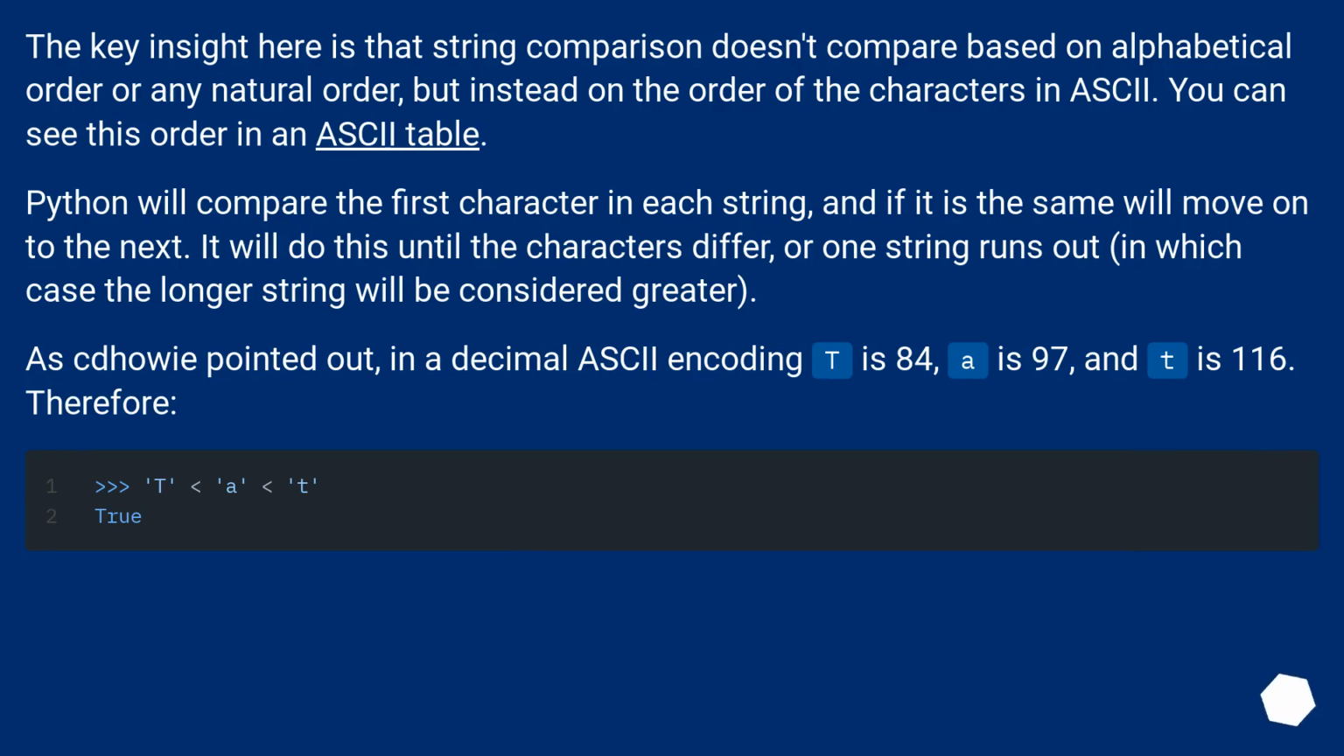The key insight here is that string comparison doesn't compare based on alphabetical order or any natural order, but instead on the order of the characters in ASCII. You can see this order in an ASCII table. Python will compare the first character in each string, and if it is the same will move on to the next. It will do this until the characters differ, or one string runs out, in which case the longer string will be considered greater. As C.D. Howie pointed out, in a decimal ASCII encoding T is 84, a is 97, and t is 116. Therefore,